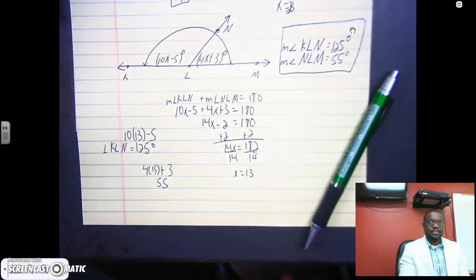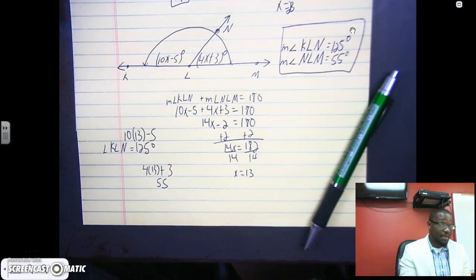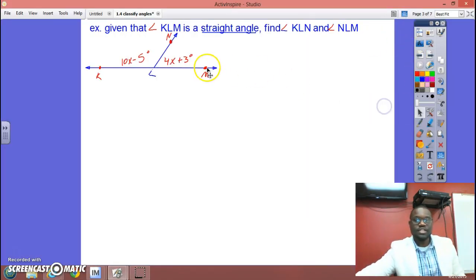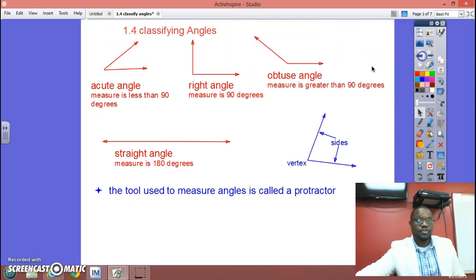So what's the lesson here? You've got to understand what angles are, how to name angles, and how to actually use equations and things that you already know, for example, the degree measure of an angle, things of that nature, to help you figure out whatever it is that